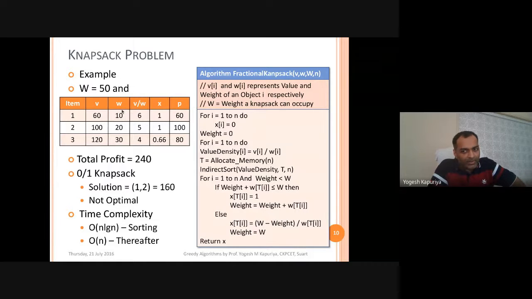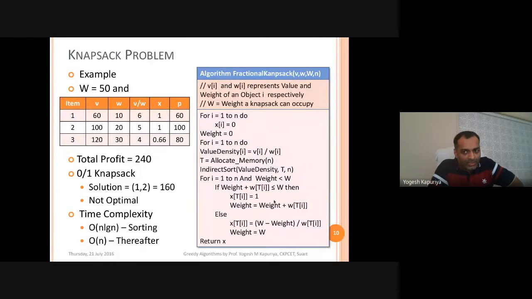Now is the remaining capacity of the knapsack greater than 10? That means the current capacity plus, if I select this item, the weight 10, has to be less than or equal to the capacity of the knapsack. So if this is true, that means you can select that item.